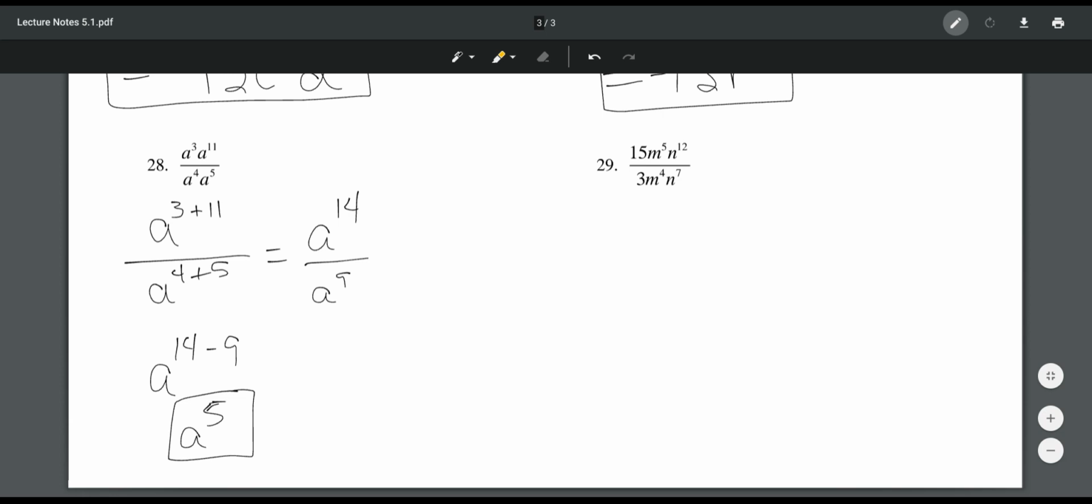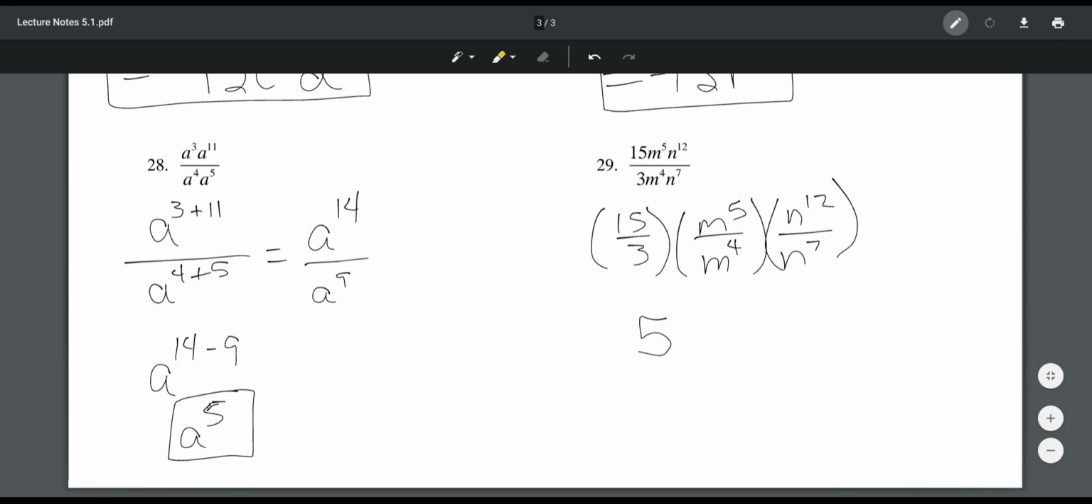In the last example for this particular lesson, we are going to take 15 and divide it by 3. I'm going to take m to the 5th and divide it by m to the 4th. And I'm going to take n to the 12th and divide it by n to the 7th. 15 divided by 3 reduces to 5. I subtract my exponents. 5 minus 4 is an understood 1. And then in the last one, 12 minus 7 gives me 5. So the exponent on that n is 5,